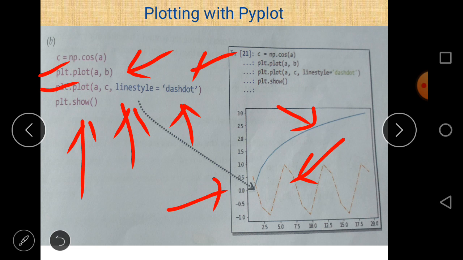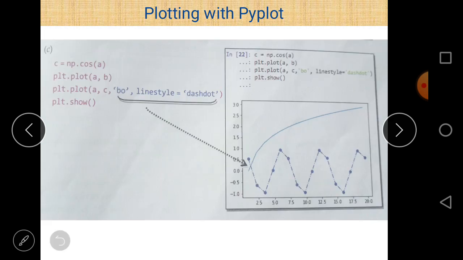For all graph programs, the last statement basically used is plt.show, used to display different types of charts.